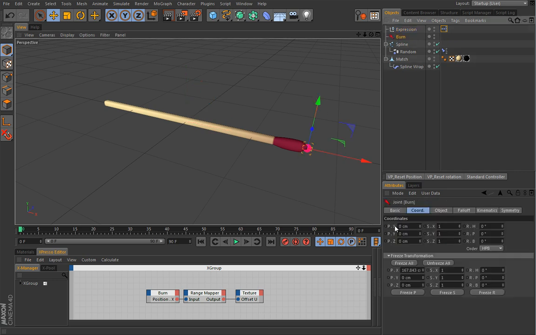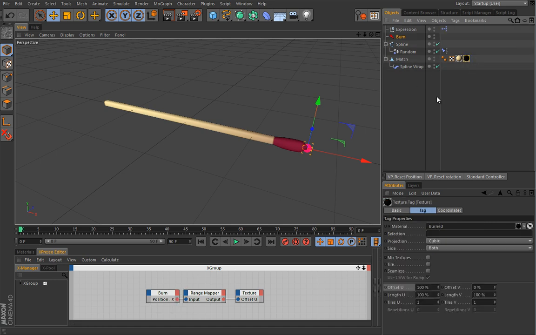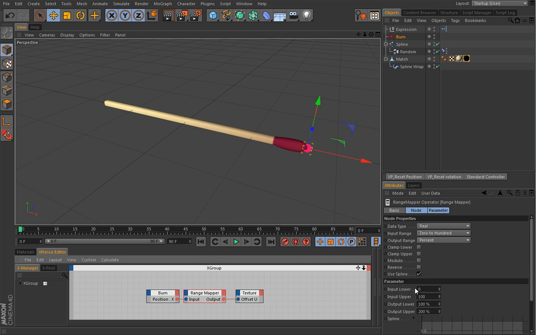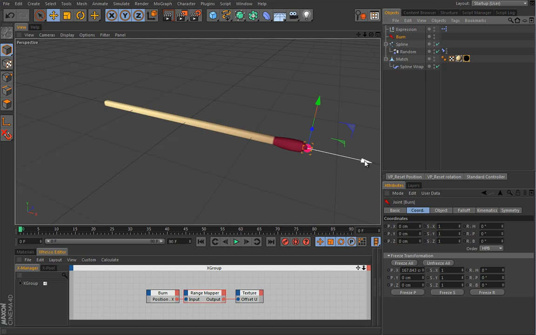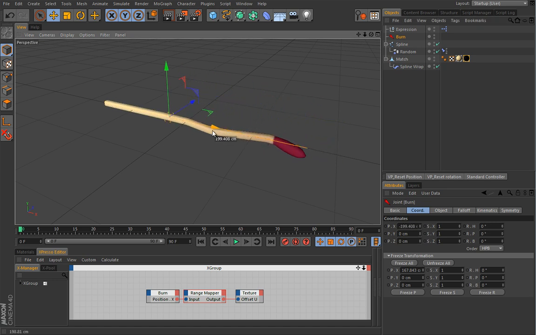Here, this position X, it's exactly the same value here. For this texture, offset U is exactly the same value here. So this range mapper will really tell what happens to this guy after we do something to this burn position. I really hope that makes sense. So, and also I know it's really simple for ones that watched volume 3, and basically what we want to do here is, once we move this guy, and you can see something happening,